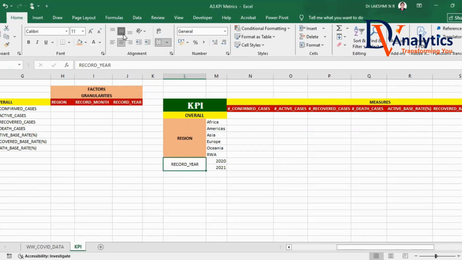Let's merge them, make it middle aligned. Fill this with the color and make this as a bold one. So we got two factors. But the third factor that is affecting the overall values,